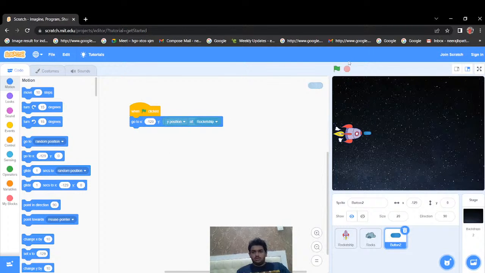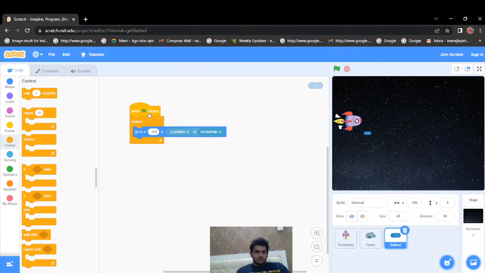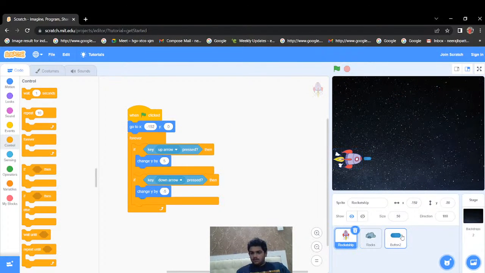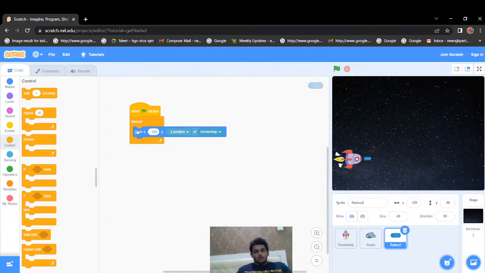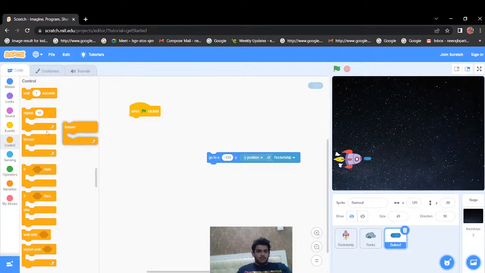Y position. Let's see how it is working in a forever loop. Okay, this is working perfectly. Now what do I want? Whenever... I will be removing the forever loop,